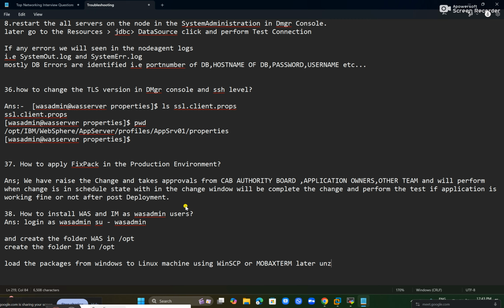Later, unzip the package and run the IM command: ./userinstc -installationDirectory /opt/ibm/InstallationManager -acceptLicense